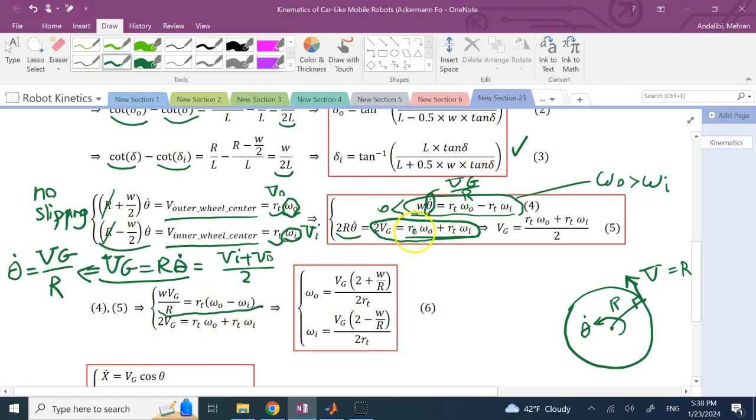The other one, the bottom one, is RT omega O plus RT omega I equals 2VG, and that's the bottom equation. You see, so I get these two bottom equations, and from these I should be able to solve for what? Both omega O and omega I. And again, clearly you see that omega O is bigger than omega I, because the VG is the same, 2RT is the same, but this plus term is bigger than this negative term here. Okay, so these two formulas will give us the required RPM